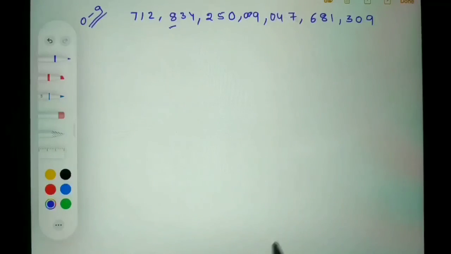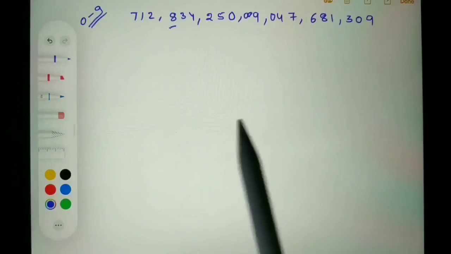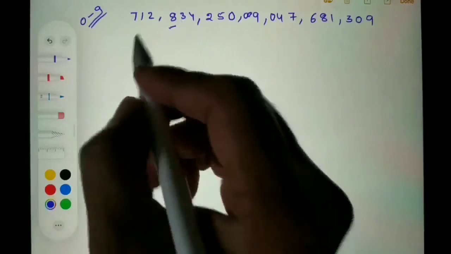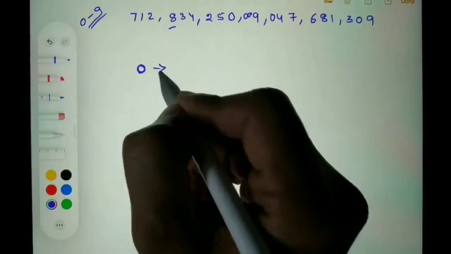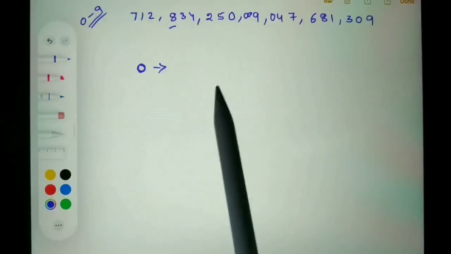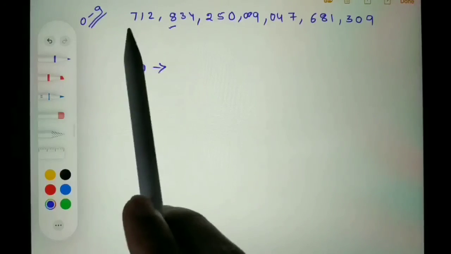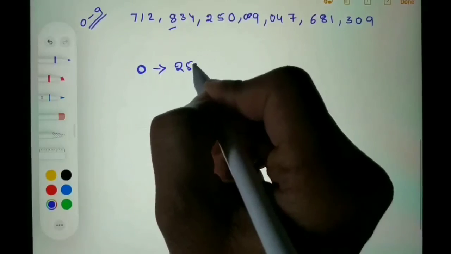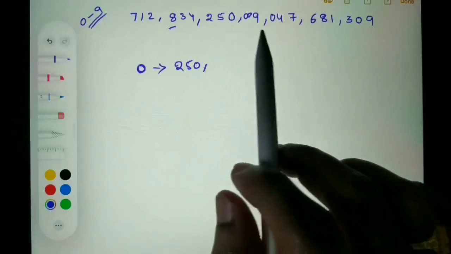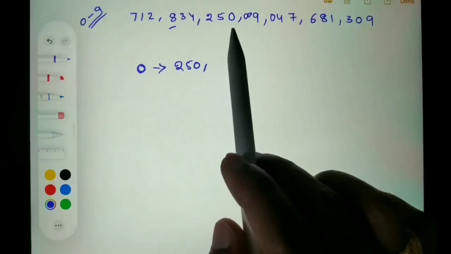What we do here is, first we will check which elements have 0 as a first digit. I am starting with the first 0, and we will identify which elements have 0 as a first digit. Here 250 has 0 as a first digit. That is it. We have only one number which has 0 as a first digit.